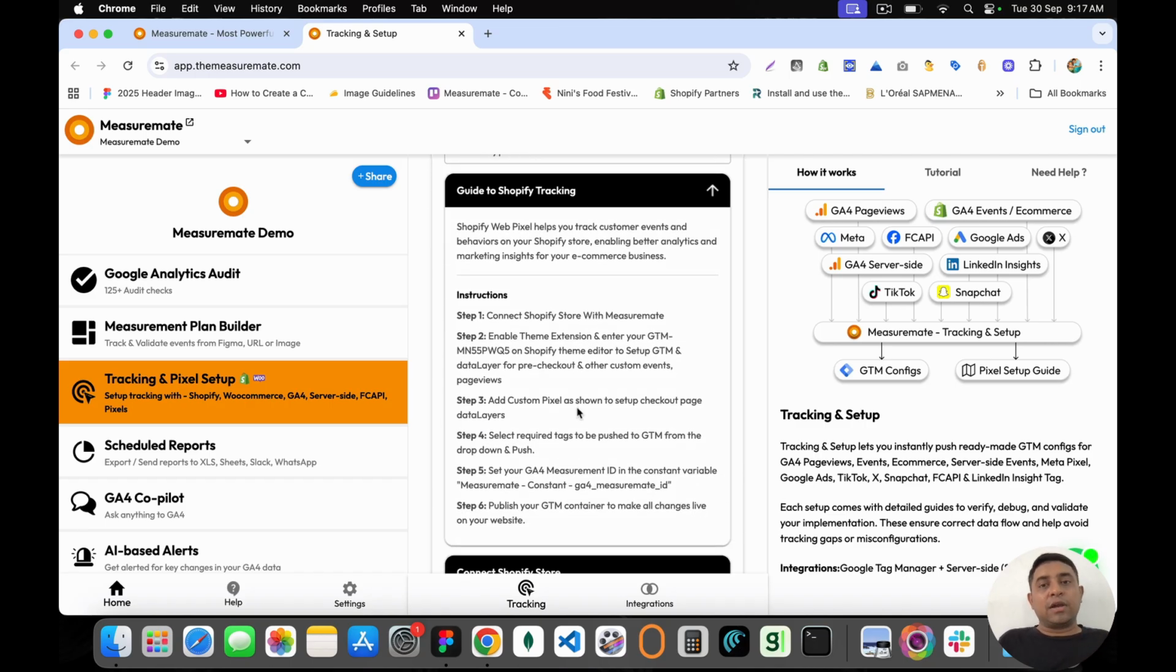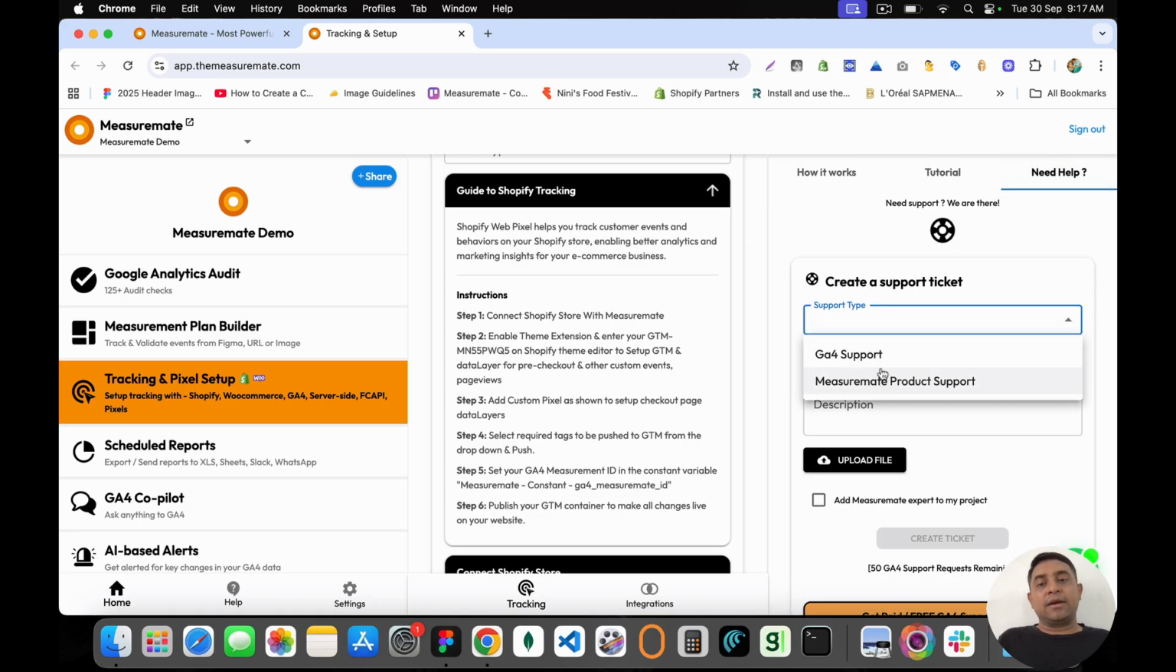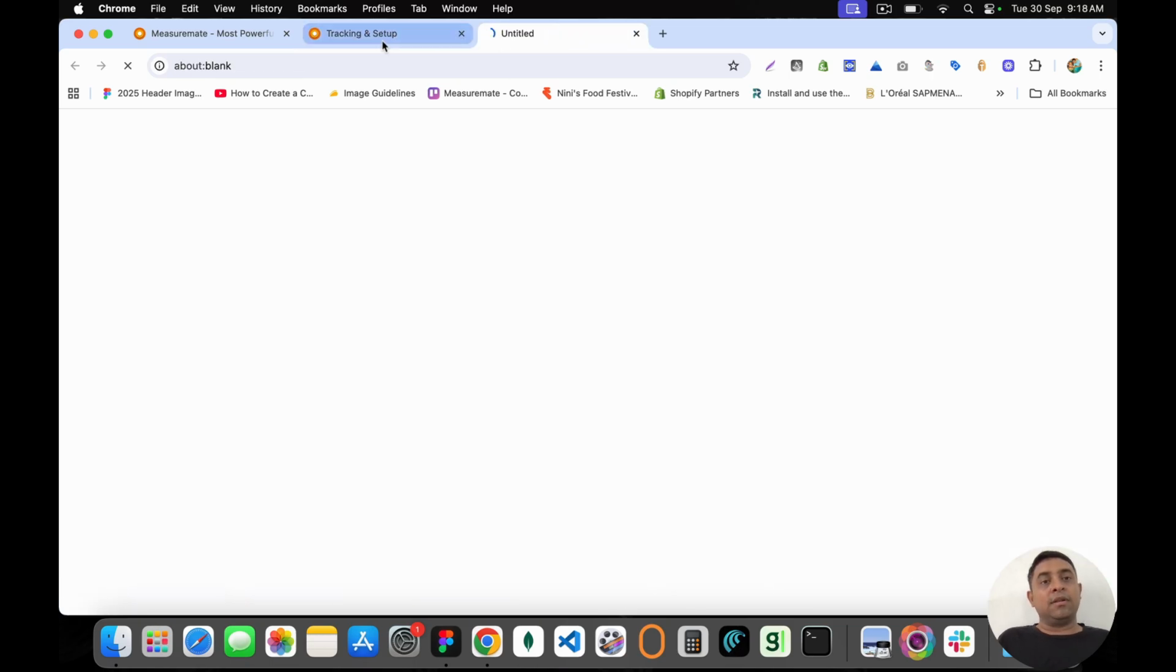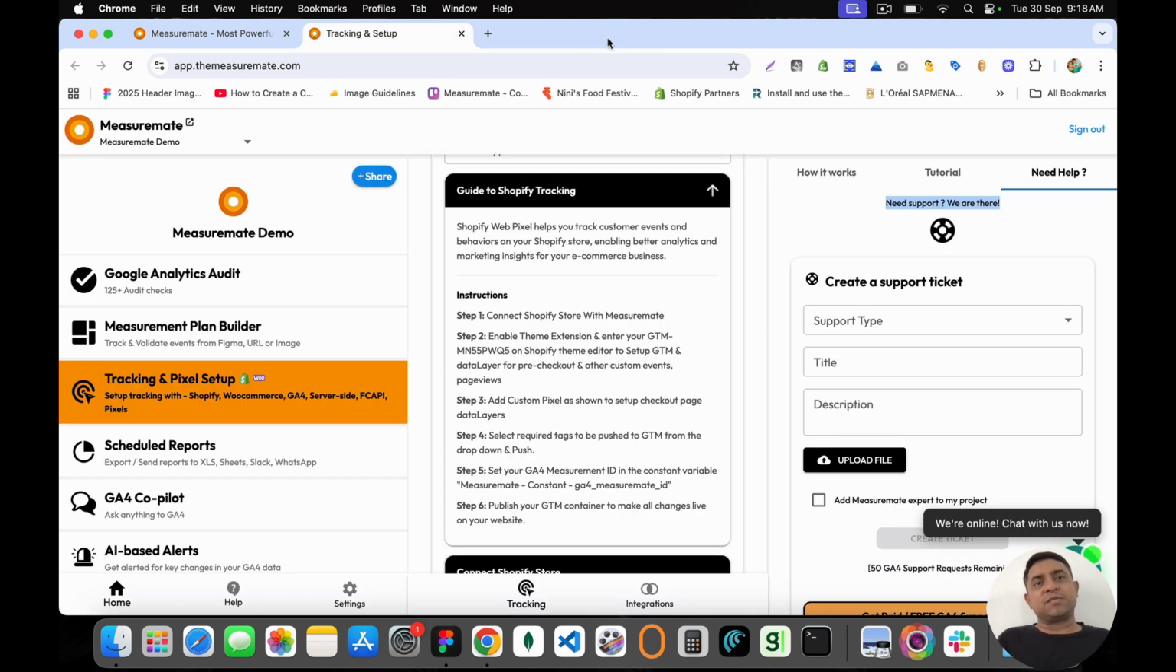If you face any difficulties, you can click on need help here on the right section, and simply select your ticket and we will get in touch with you. Or if you prefer WhatsApp quick support, just click on the WhatsApp button and it will help you connect to our team, and we will try to respond to you within like 24 hours